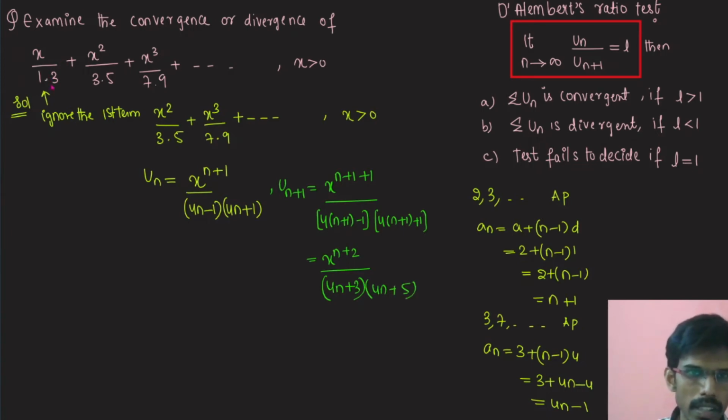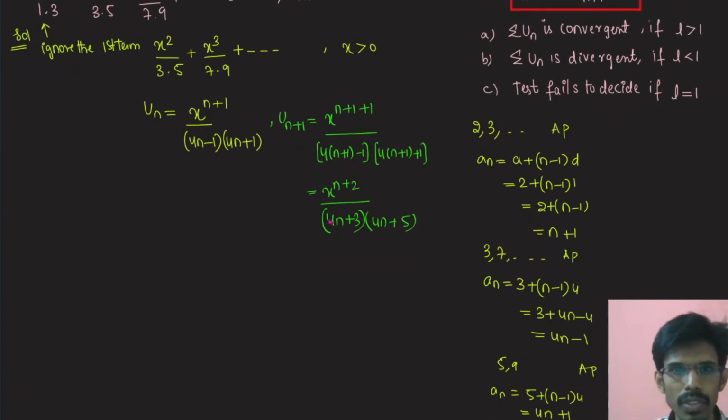Now in this given question we have ignored the first term, because if we take the first term we cannot get the general term. You try for the general term, by taking the first term you won't get the common general term. They do not form any arithmetic progression like that. So that's why we are ignoring the first term. You start with the first term also, and if you don't get a proper general term, then leave the first term and start from the second term. So we got this term.